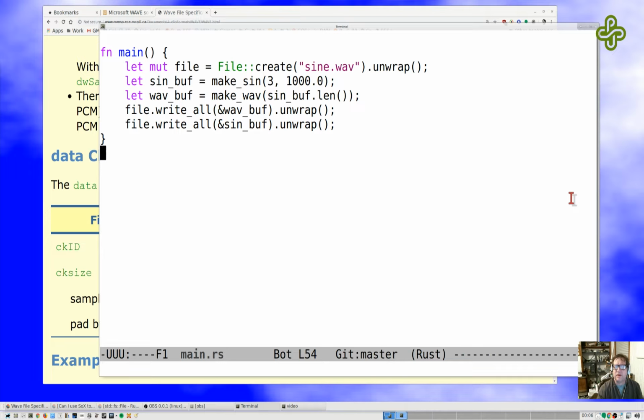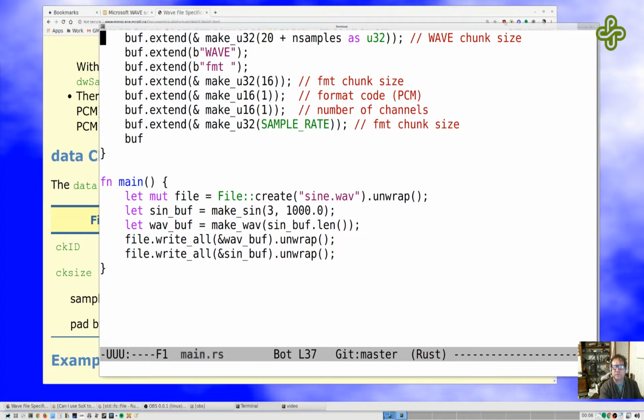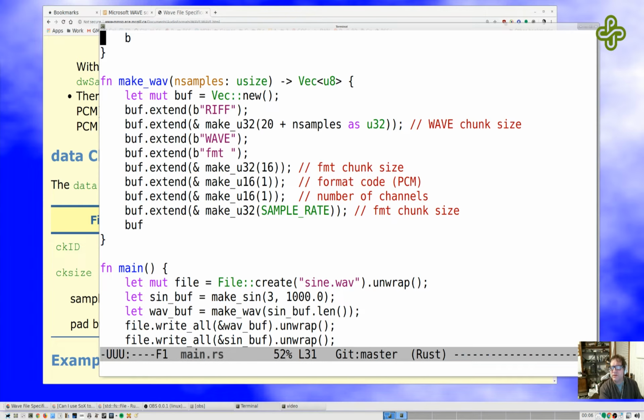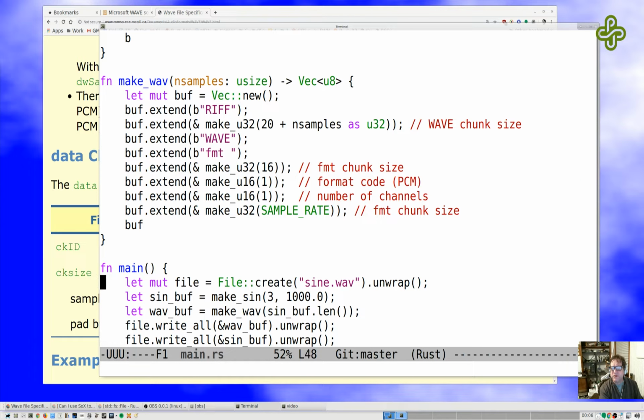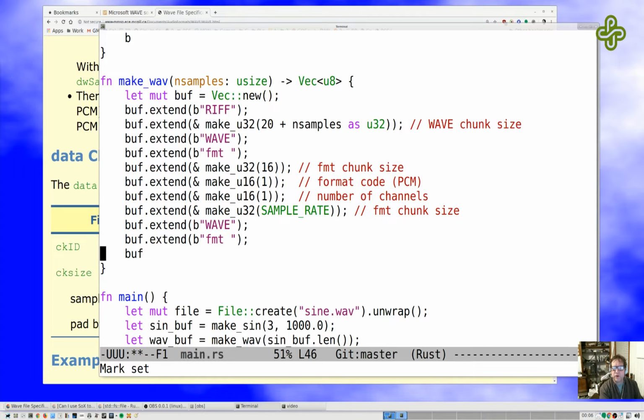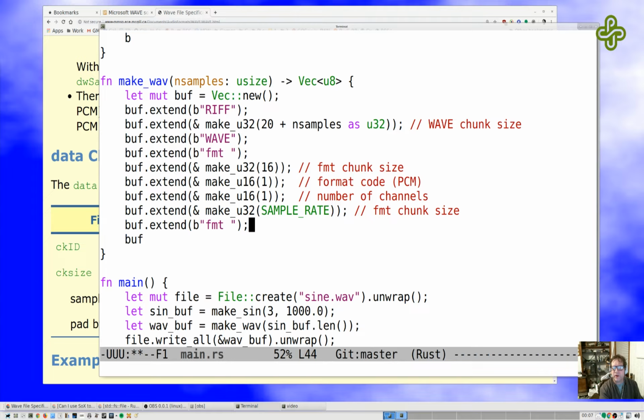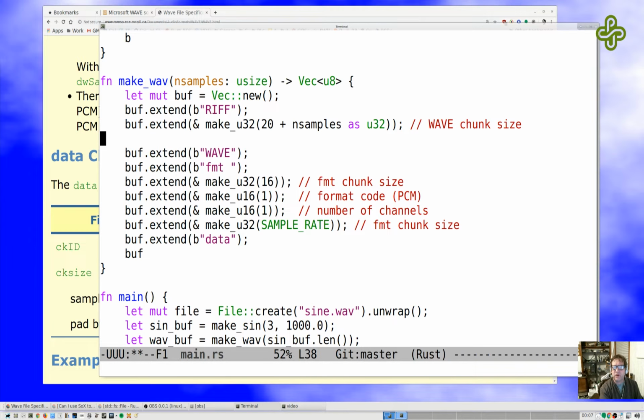So it turns out that I did this wrong. So let's make this just be 20, which is the correct answer pretty clearly for this chunk. No, it isn't. What I need to do is just follow this with a data chunk. So let's do that, and at this point we need to have a data chunk. So we stick data in here, and this pretty clearly is